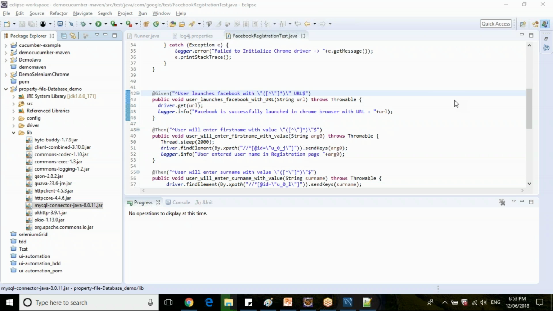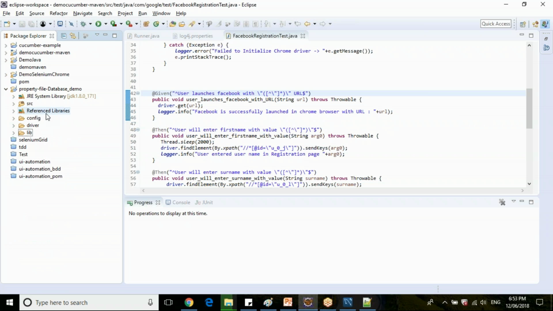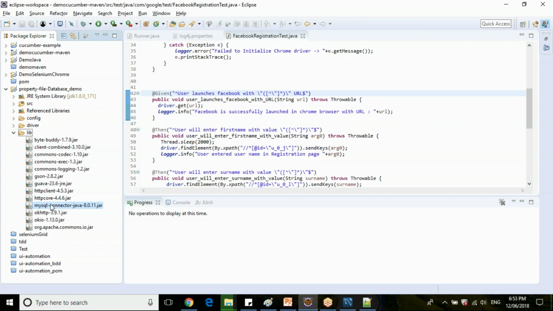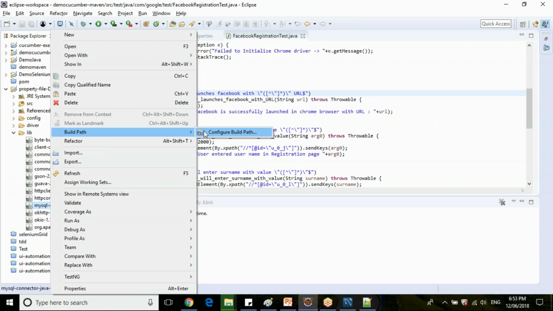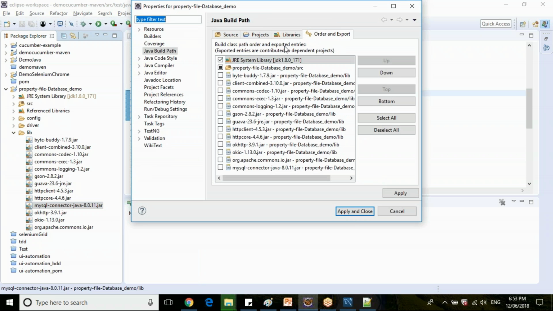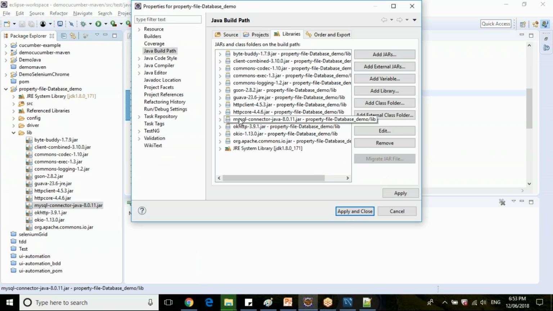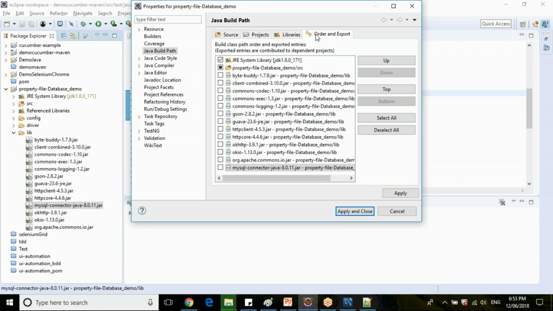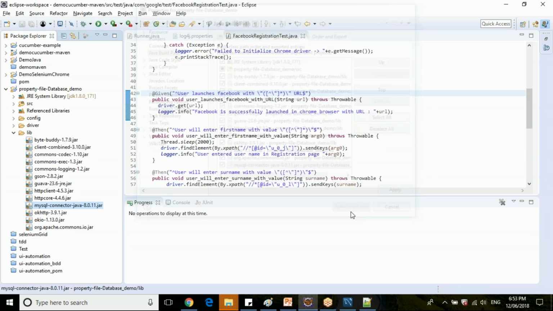So how do you add to build path, guys? Here, a normal jar file, how do you add it to the build path? You can directly right click here. Once it's at your project level, click on build path and click on add to build path. Then you can check whether it is actually added to your build path or not here. Once it is added to the build path, you can see your jar files like this.